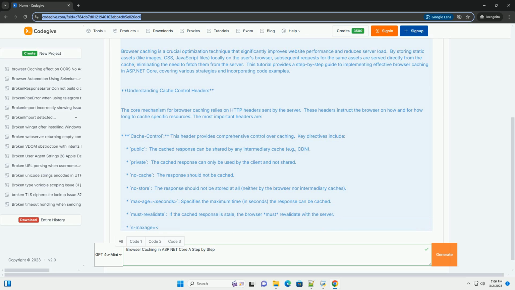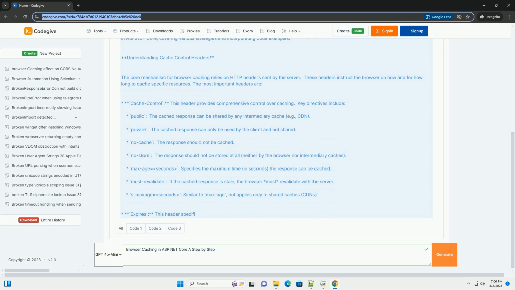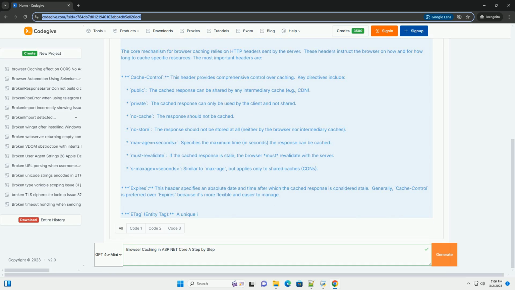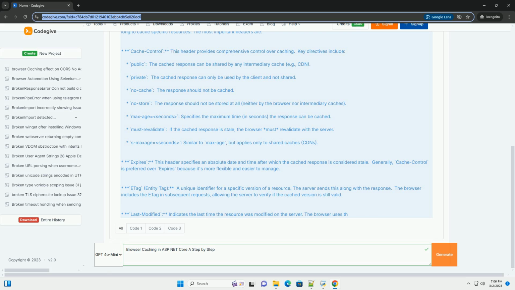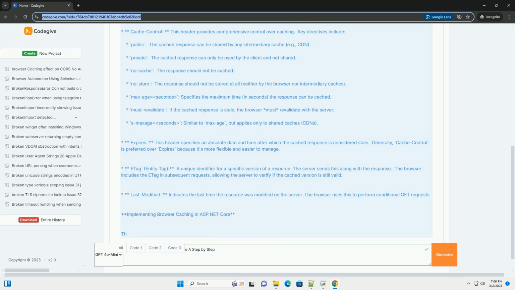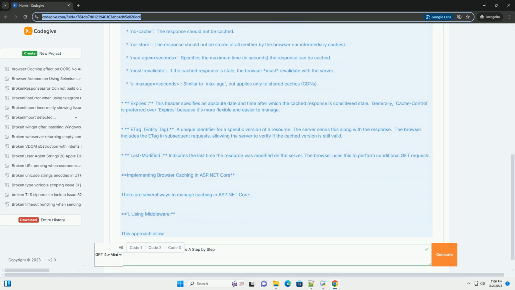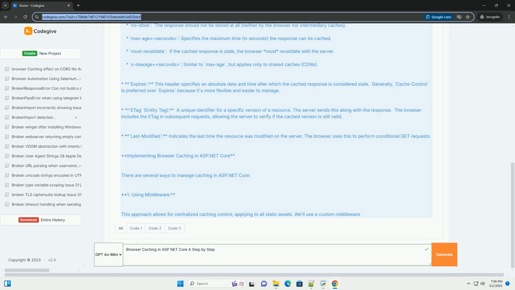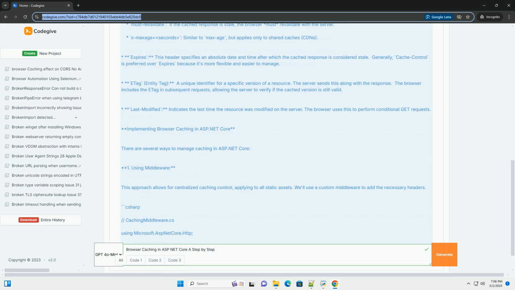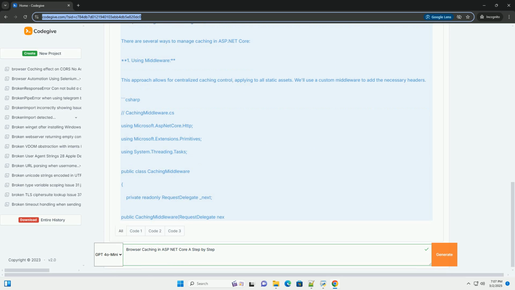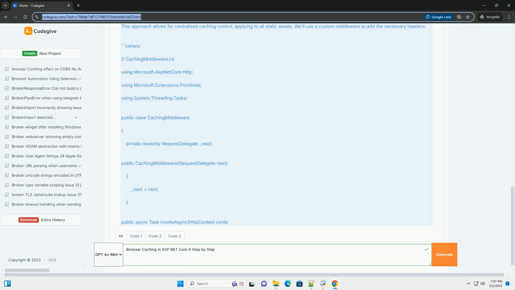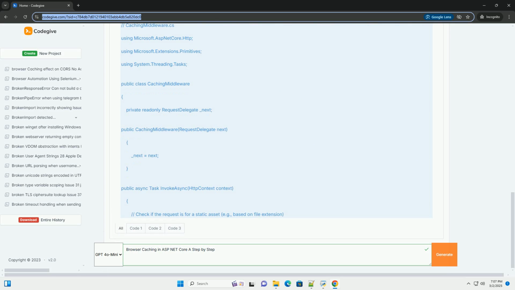This tutorial provides a step-by-step guide to implementing effective browser caching in ASP.NET Core, covering various strategies and incorporating code examples. Understanding cache control headers. The core mechanism for browser caching relies on HTTP headers sent by the server. These headers instruct the browser on how and for how long to cache specific resources. The most important header is Cache-Control. This header provides comprehensive control over caching. Key directives include